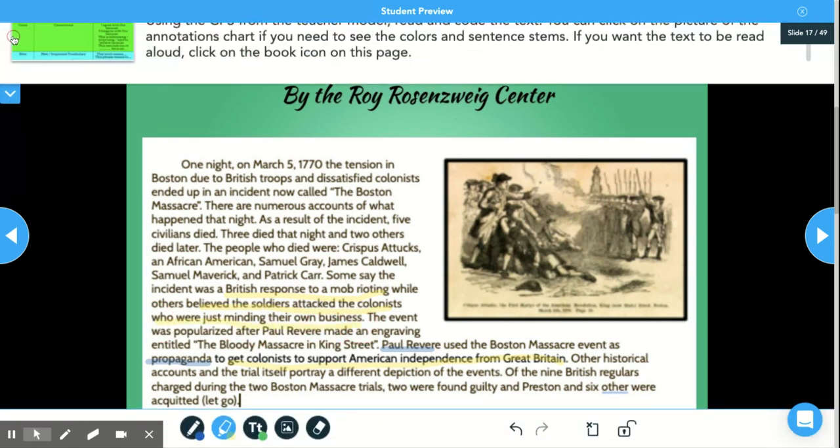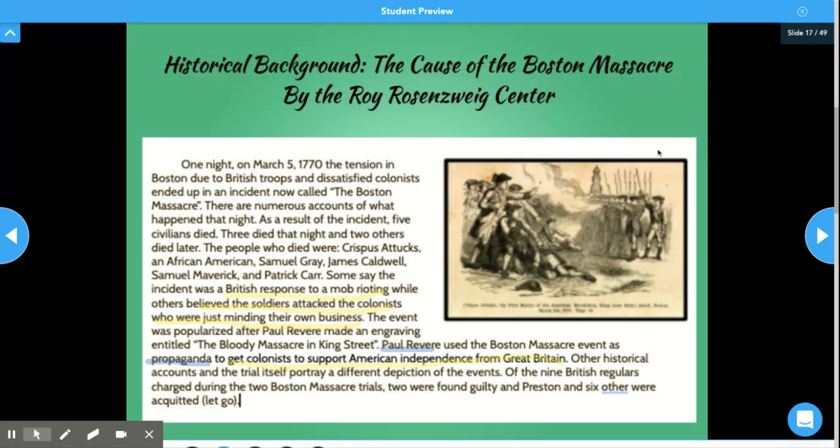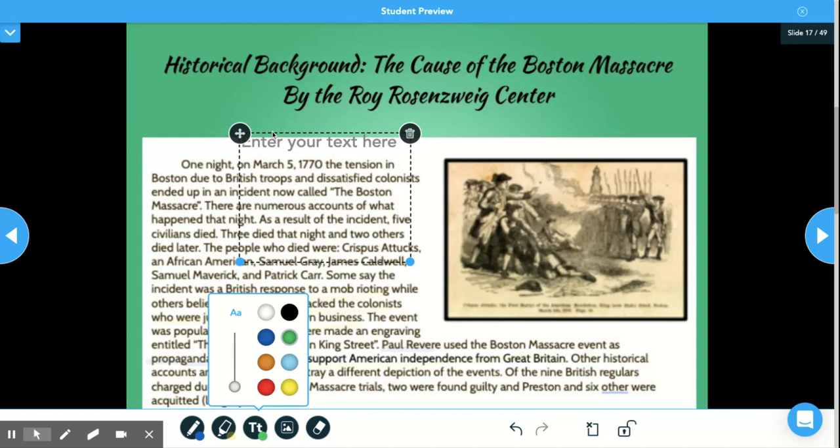So my question is, what really happened? Was it a response to the mob, or were the soldiers attacking the colonists? So I'm just going to write, this will be my annotation. I'll use the text box. And I'm going to make that pink because that is the color of questions. I'm just going to write on the side,